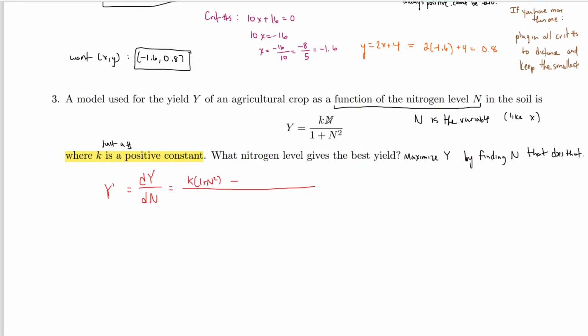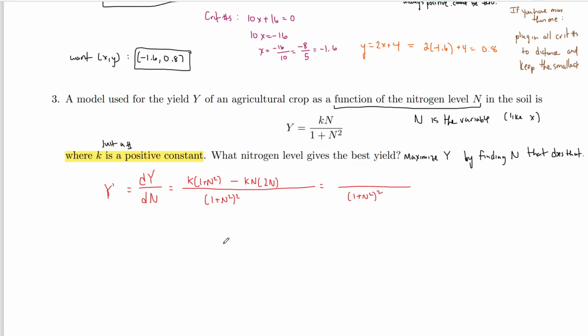Then we have minus the top, which is k times n, and then multiplied by the derivative of the bottom. The derivative of 1 plus n squared is 2n. And remember that the derivative was with respect to n, so there's no chain rule here. Every time we see an n, we just do the derivatives just like when we have x. So that's 2n, and it's over 1 plus n squared squared. All right, so let's go ahead and